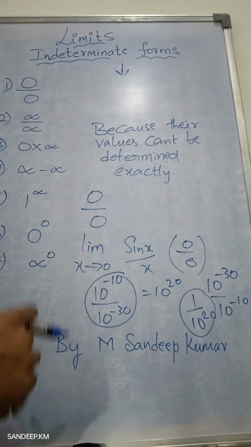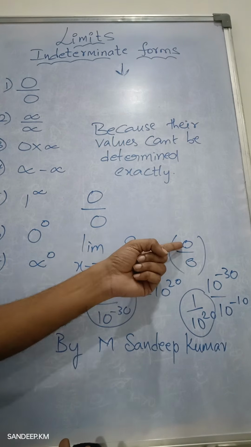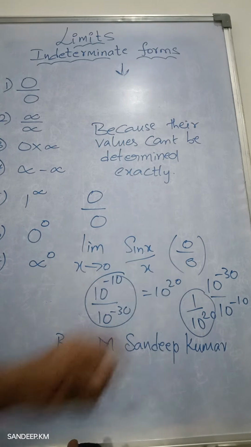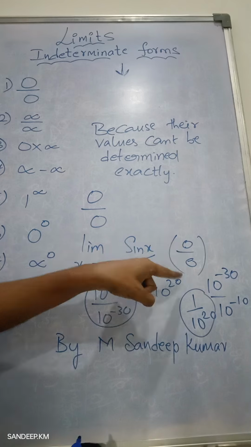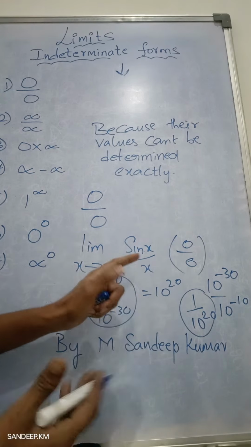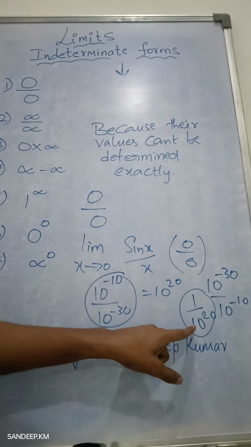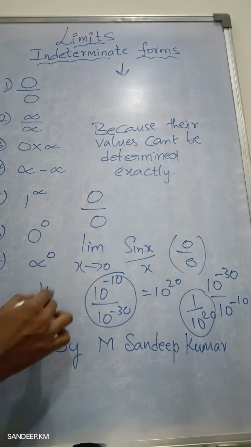See, we cannot say exactly what the value of the numerator is and what the value of the denominator is. For that reason, the value of this 0 by 0 can be 10 power 20, a very large number, or 1 by 10 power 20, a very small number. And in some cases, the numerator can be 10 power minus